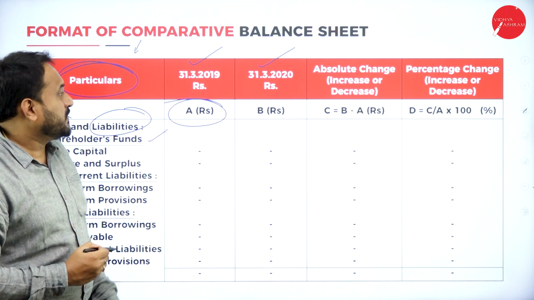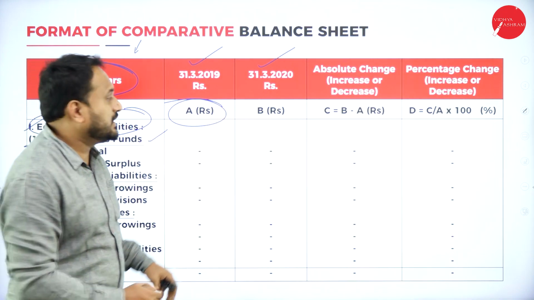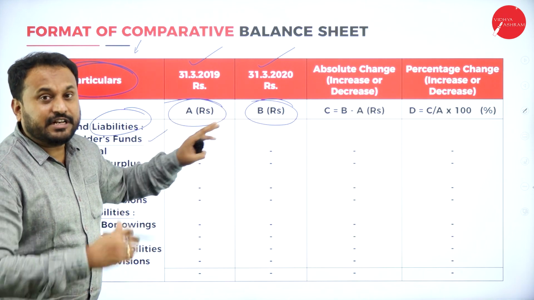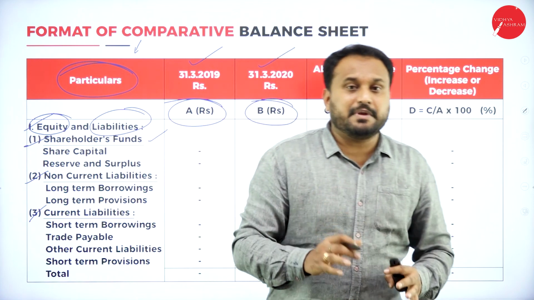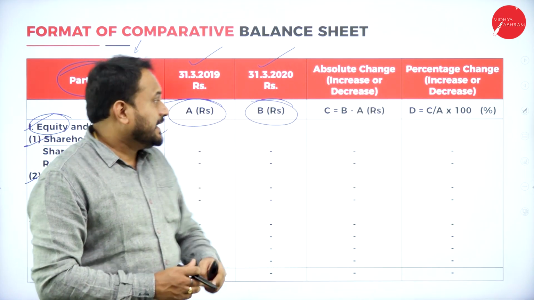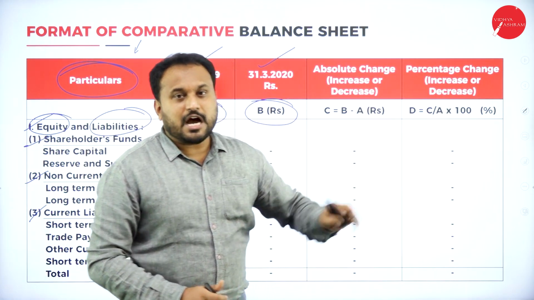Denote that as A. Whichever is the fresh, you go with the second column, denote that as B. So these two are given in the question paper only, straightforward. They'll just give it to you. You are supposed to only go with copy paste. Next is what? A and B. These two you are supposed to prepare.